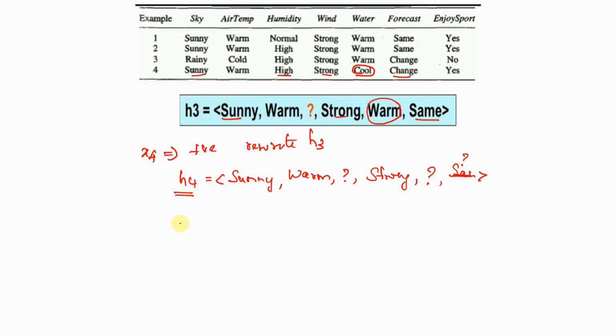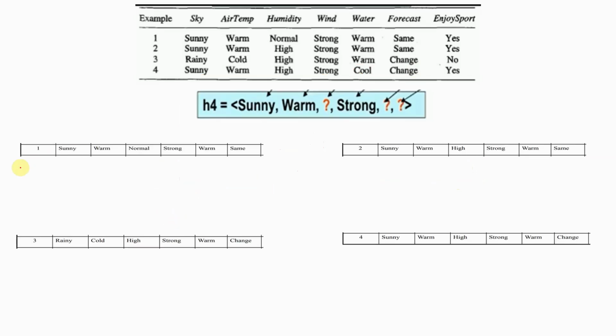I am going to check whether it is consistent. So I am trying to pass my X1. Sunny, pass, warm, pass, normal, replace with question mark, strong, question mark, question mark. So my output is S, target is also S. Going to the next input, sunny, warm, question mark, then strong, question mark, passing anything. This is also passing anything. So X2 also